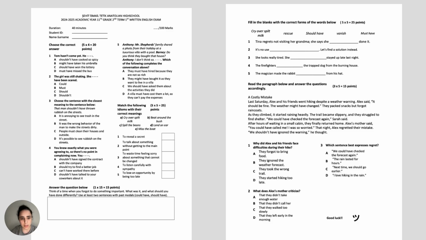It has some idioms here, and then the meanings here, and I want students to match idioms with their meanings. And then we have one open-ended question here that asks students to write some words here. A mini paragraph could be also,